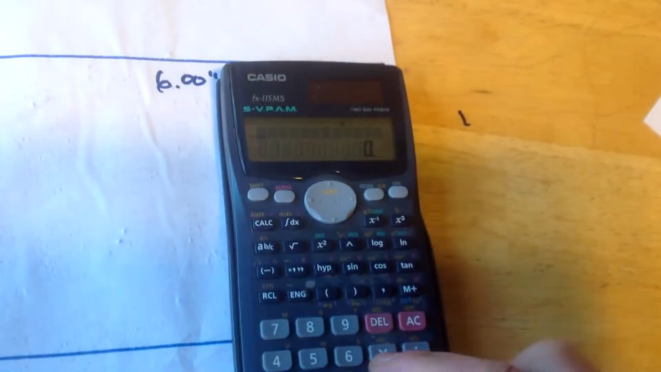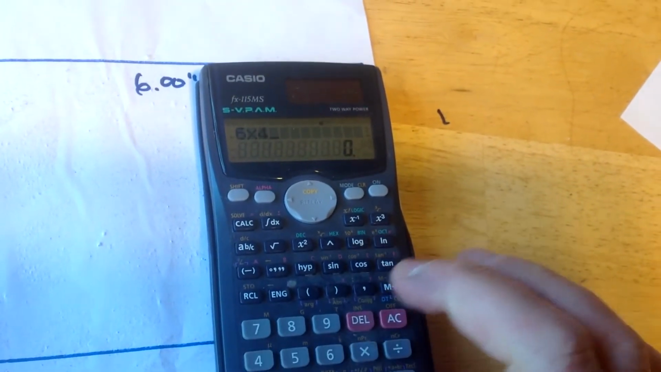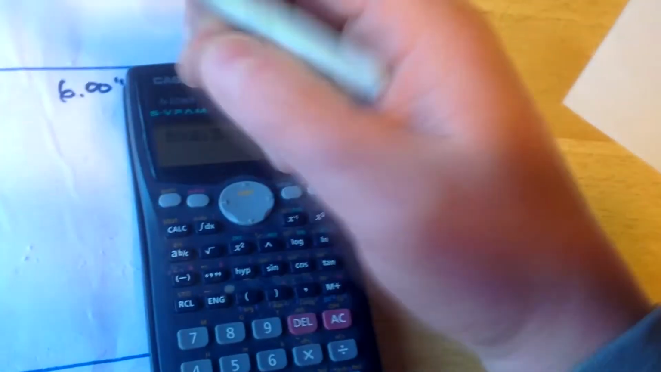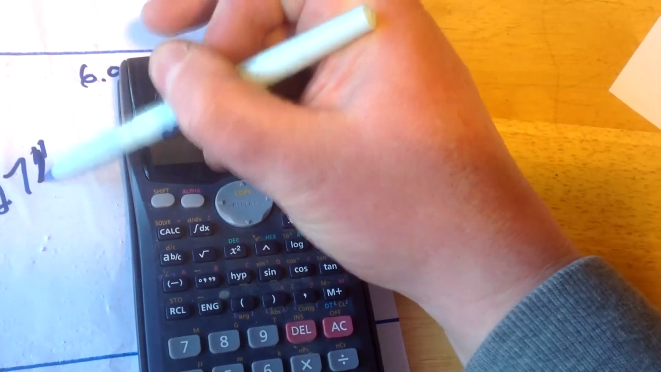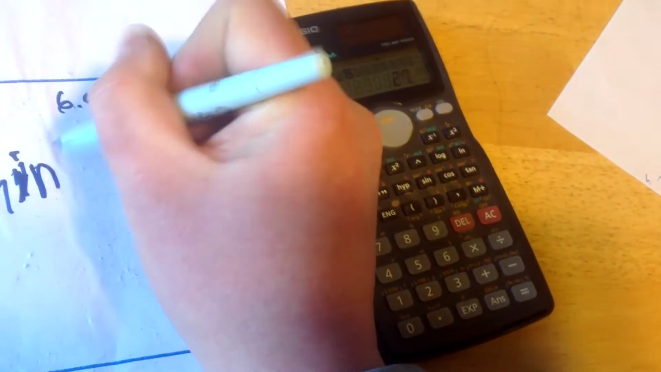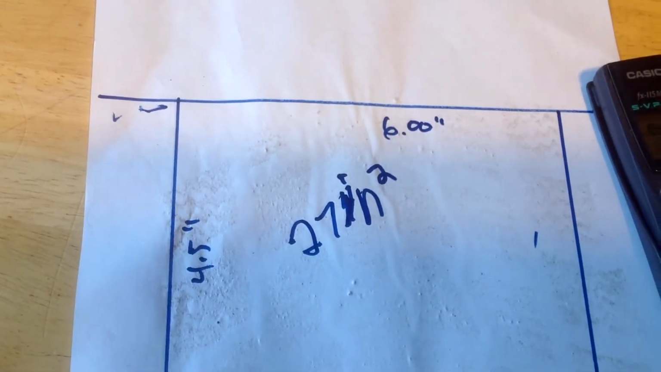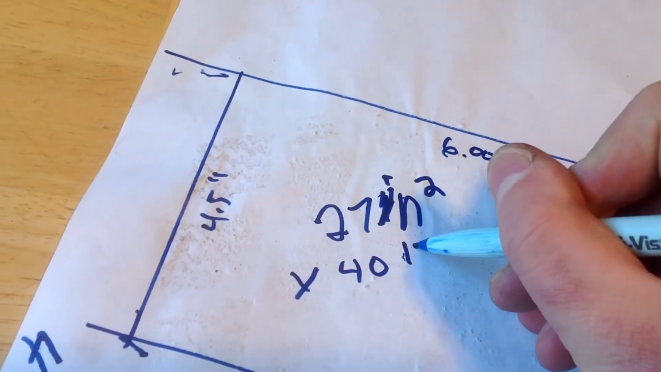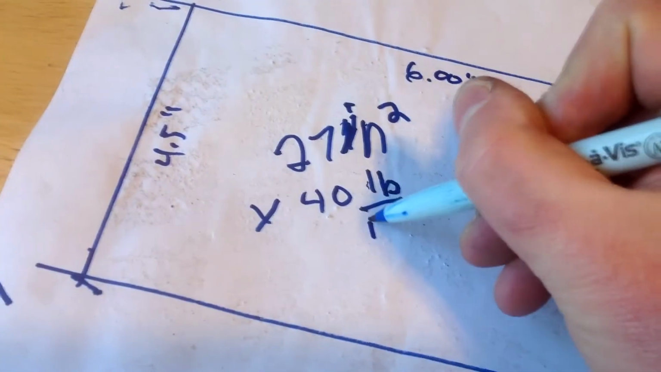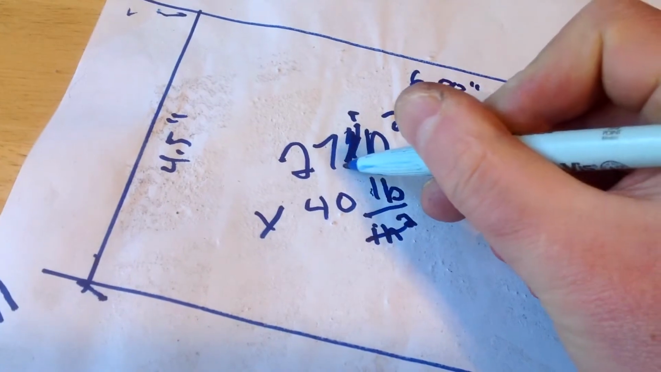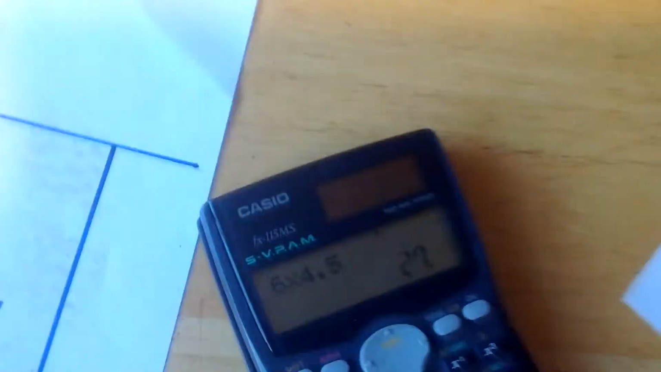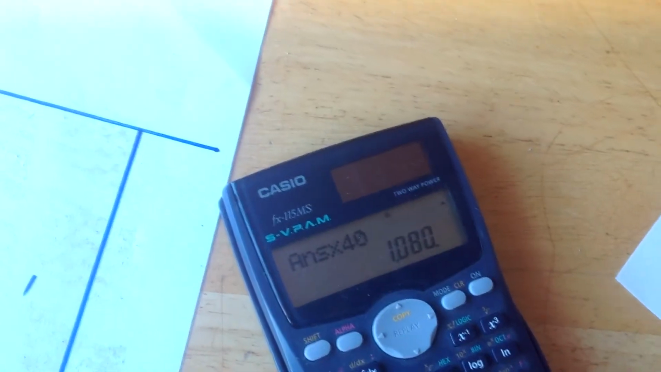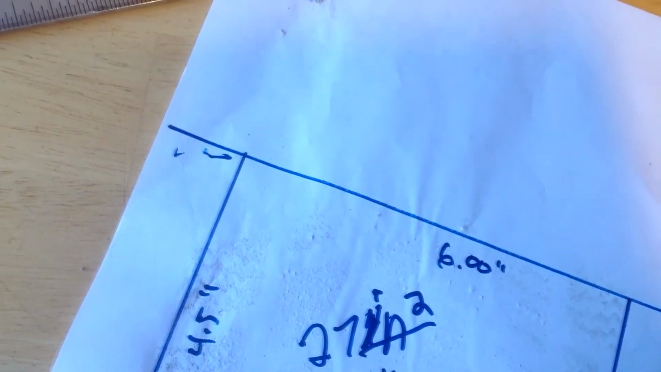Okay, so I got 27 square inches times 40. This one, so this tire